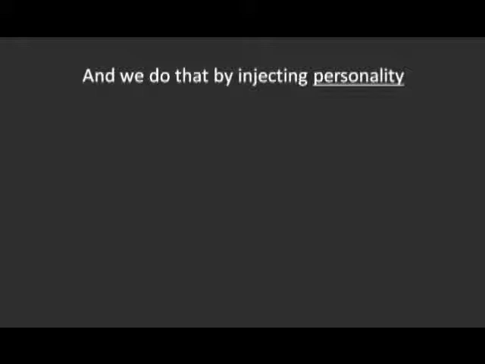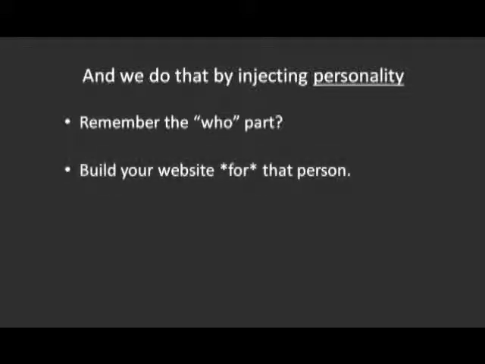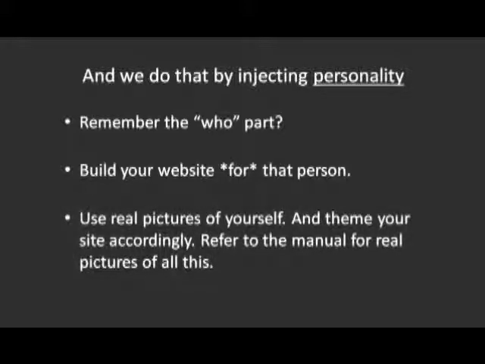And we do that by actually injecting personality. So you remember the who part? Well, this is stuff you really need to bear in mind here. You want to build your website for that person, okay? So use real pictures of yourself and theme your site accordingly, okay? So put pictures everywhere you can, and actually make the look and feel of your site. Google Sniper sites are obviously WordPress sites, and so in the manual, refer to that, and there are pictures of all this stuff and actual themes that I recommend for specific niches. Okay, so